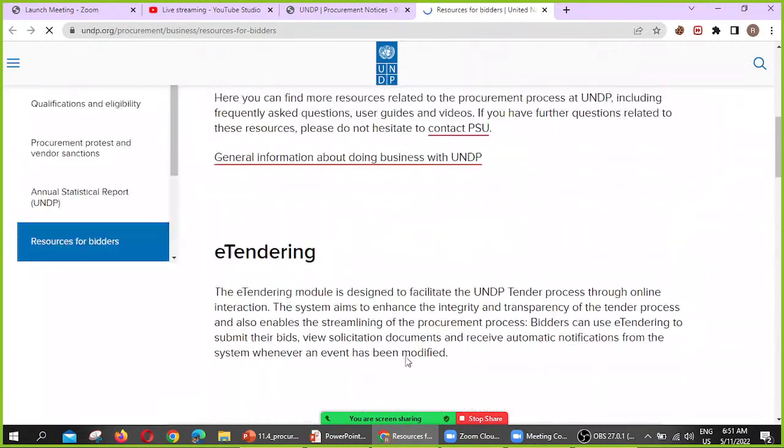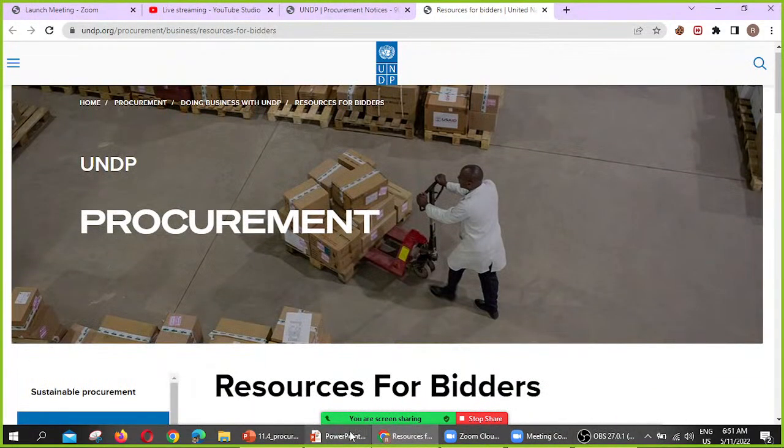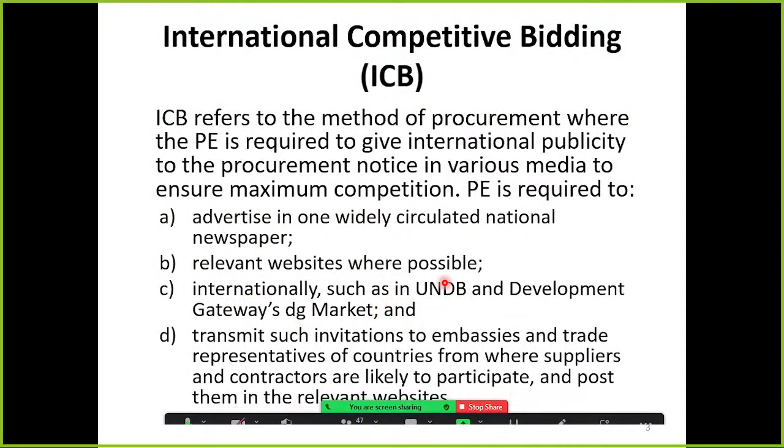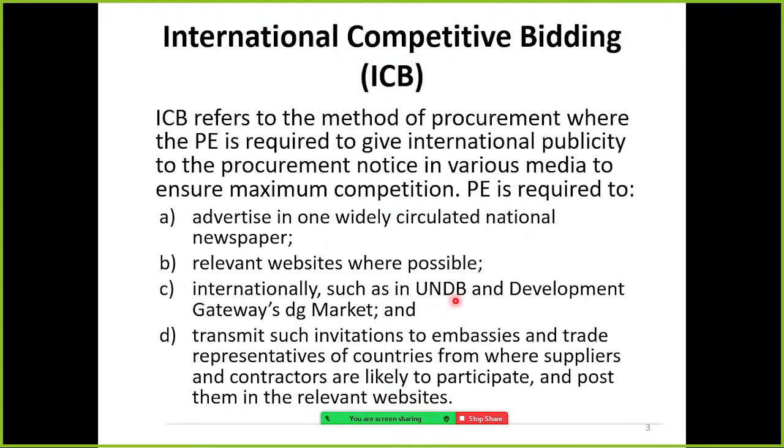So this is the most popular method. Many countries advertise internationally, such as on UNDP, the United Nations Development Program, and on another website, Development Gateway, DG Market.